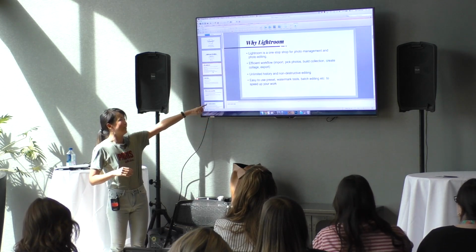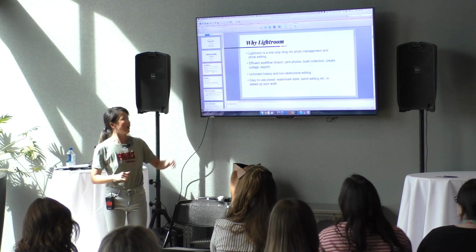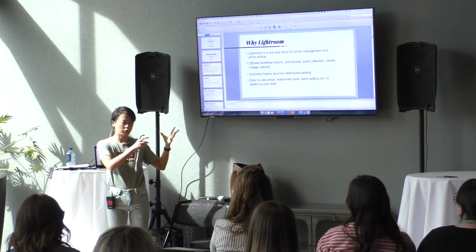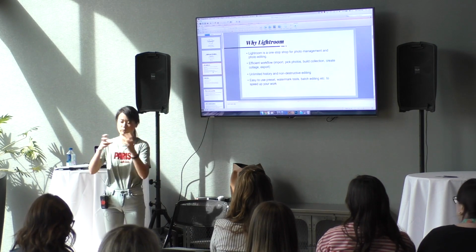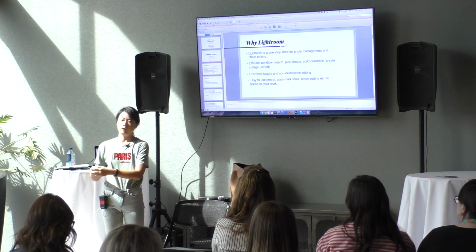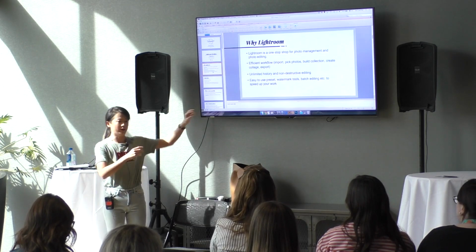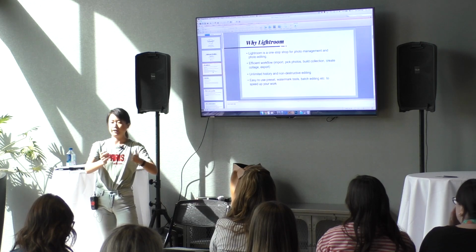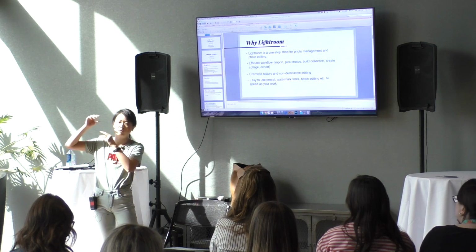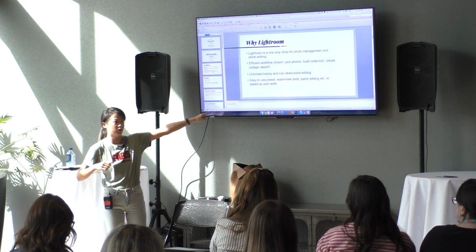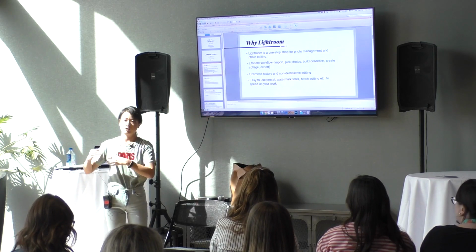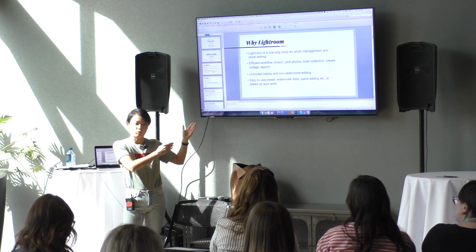What it does is it has a system called catalog. After you copy all your photos from your camera into your computer, it creates a database inside of Lightroom. Instead of editing the original photo, it uses much smaller information to edit your photos and records all the editing history. So it does not destroy your original photo.